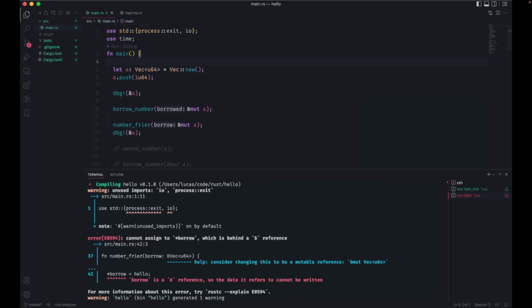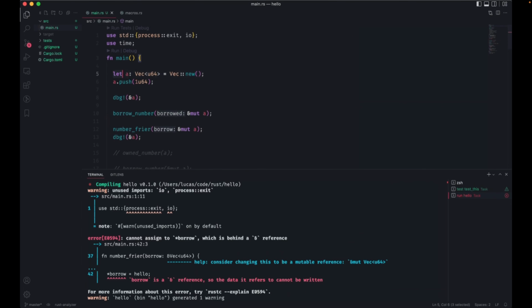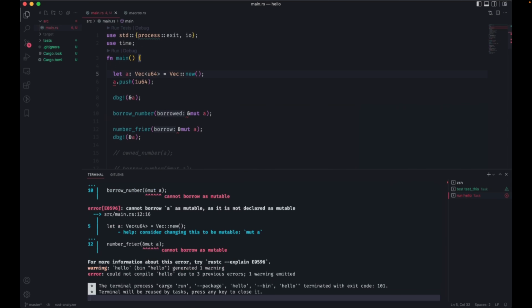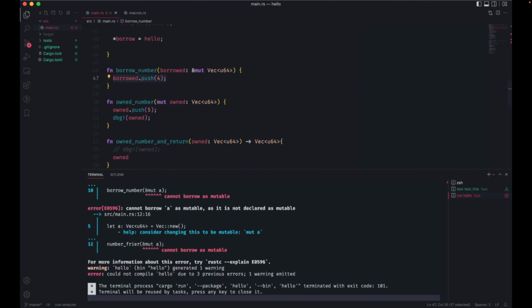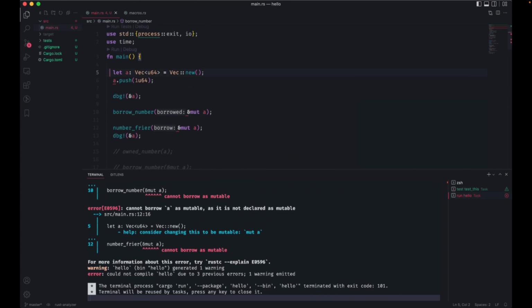Well, but then I can't change it at all. Because then what I've done here is I've said this is static forever until the end of time. And so nothing's going to work here. There's no way that I'm going to be able to push anything onto it, change anything. Sure, I could make the types match the function signatures, but when I get to this here, push something onto something that hasn't been initially initialized as mutable, nothing can happen.